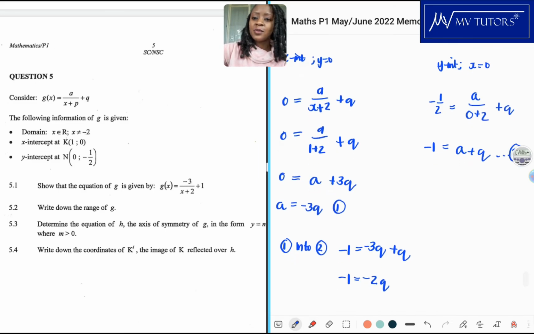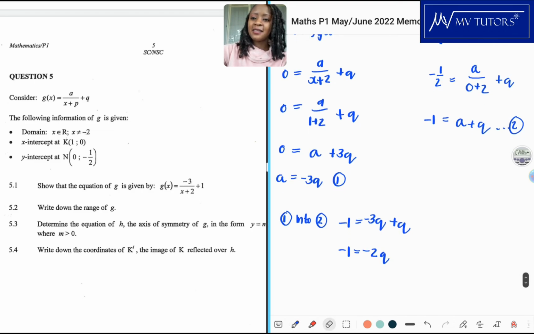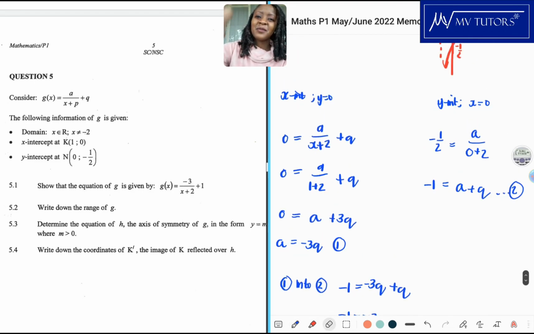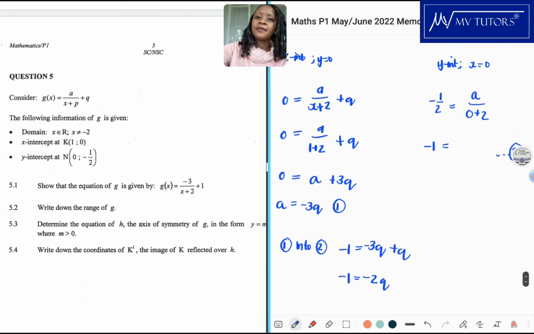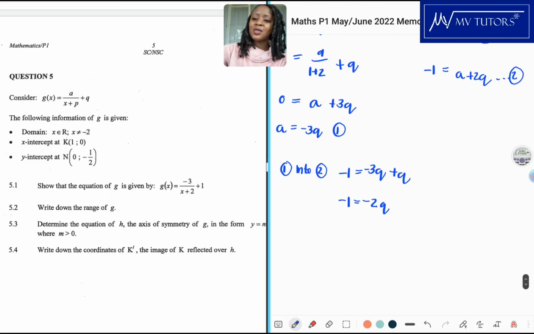Sorry, guys, I forgot to multiply by 2 there. Okay, so if I multiply by 2 throughout, I will have a plus 2q. So even here, I need to have plus 2q. Okay, because I can see if I get q with what I had previously, I will